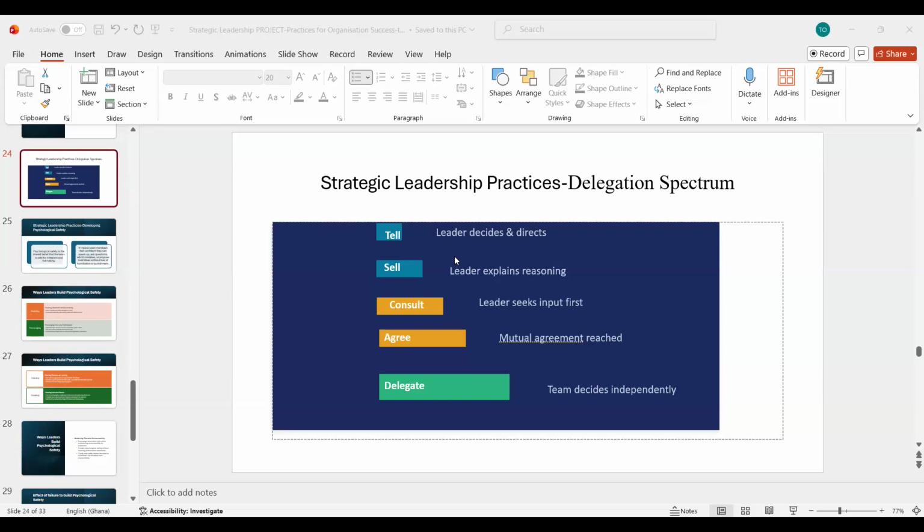Or you go to them and you share the ideas and you come up with it. And then you agree on something, or you give them all the needed resources and then you leave it with them. And so these are all levels at which you are delegating. But the best is where the team decide independently. You give them all the relevant information, and then you allow them to decide, and then you take part in